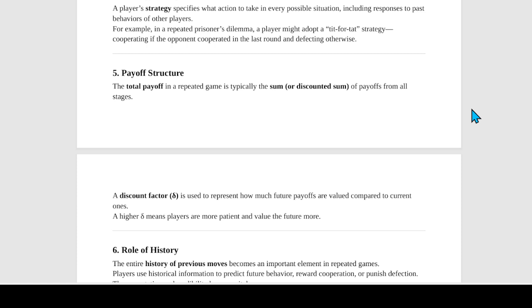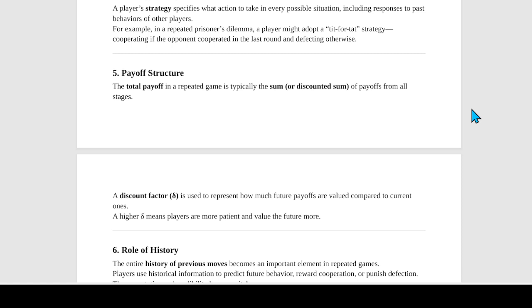He will think कि अगर मैंने आज cheat किया तो मुझे कल पनिशमेंट मिलेगी, तो मैं आज कॉपरेट करूंगा तो सामने वाला भी कॉपरेट करेगा, and then I can reap the benefit constantly, right? कि अगर मैं आज mess up नहीं करता हूँ, then I keep on getting a score for it, right? But if I mess up today, okay, if I'm risking to mess up today, that means the discount factor is low and I'm only thinking about today, then the player is impatient and he only thinks about today.